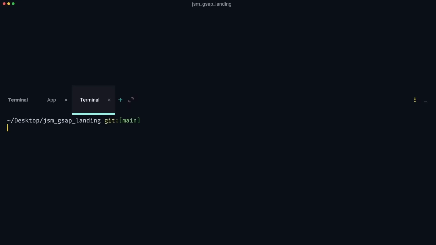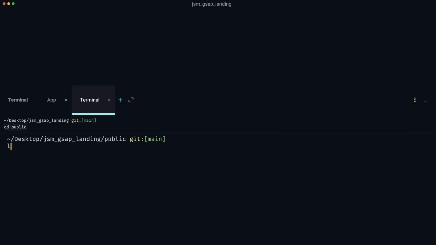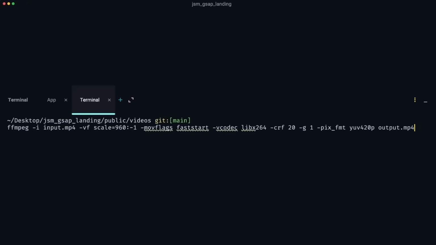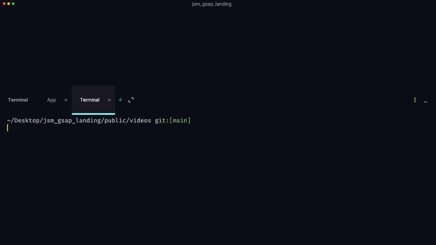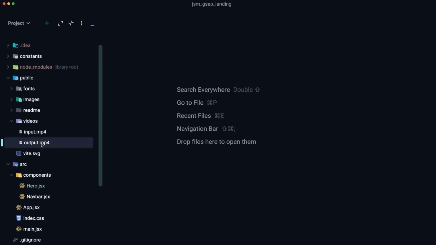Now, first of all, you'll have to run this command within where our video is contained. So we'll have to cd into public, and then once again, cd into videos. Once you're there, you can copy it and run it. In my case, it says that the output file already exists and asks me, do I want to override? I'll say no, and you can say the same thing. That's because I already provided this new output file for you,